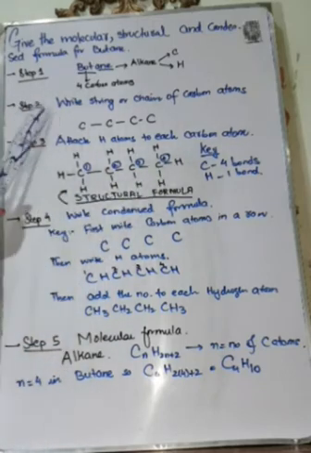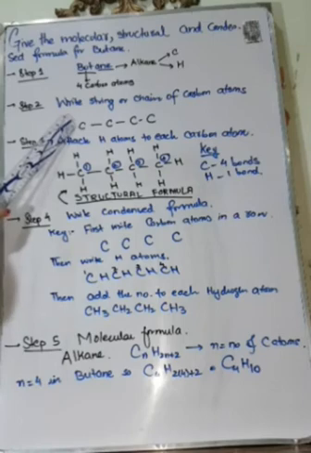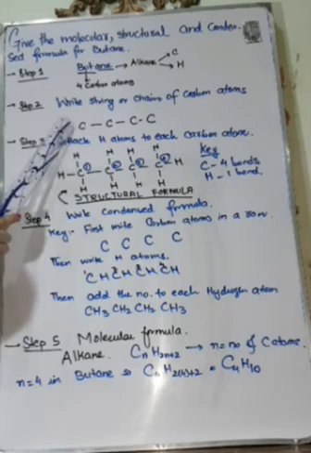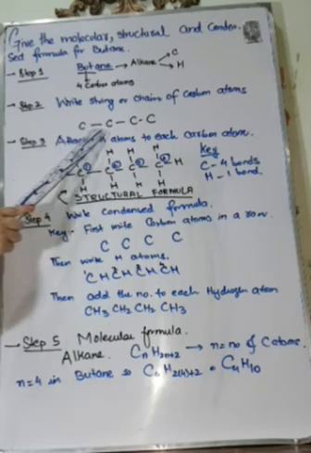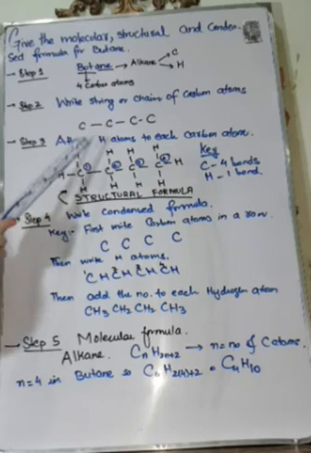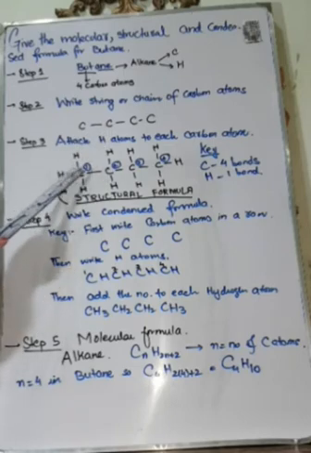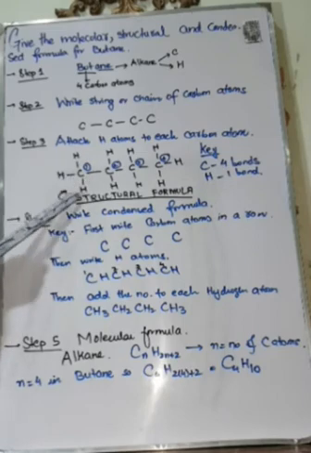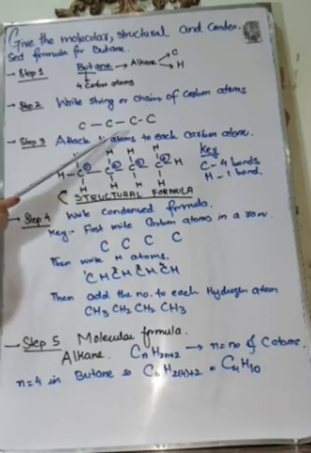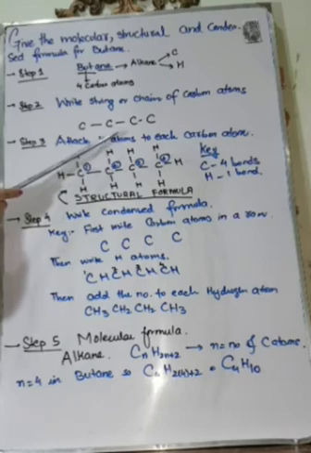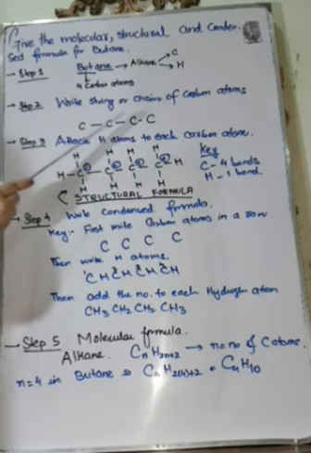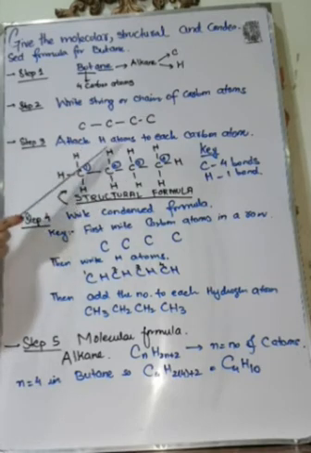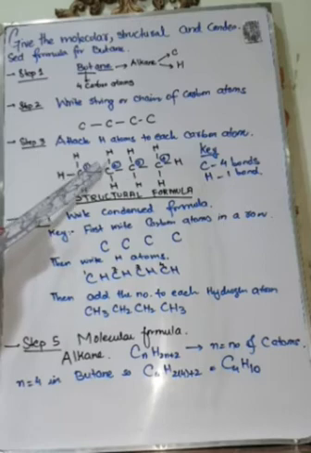So for this carbon atom, we may see here that only 1 bond is drawn. We need to draw 3 more bonds. So for this carbon atom, we drew 3 more bonds and attached this carbon to 3 hydrogen atoms. For this carbon atom, we may see here that 2 bonds are already drawn. We need to draw 2 more bonds in order to complete its valency. So we attach 2 hydrogen atoms to this carbon atom.